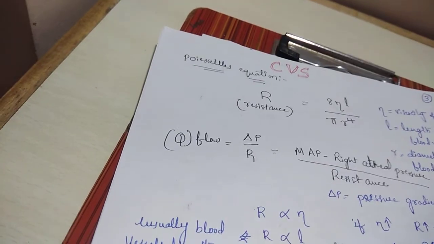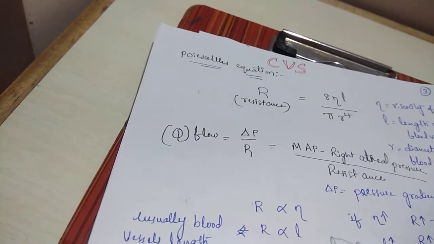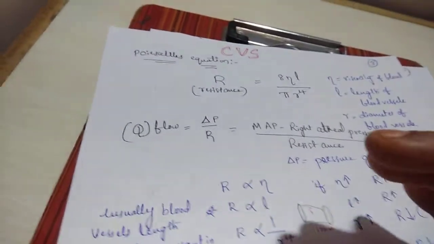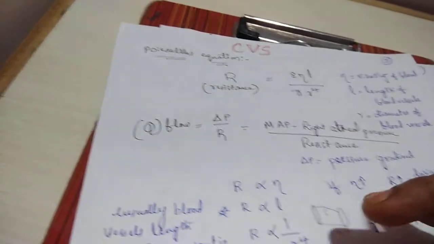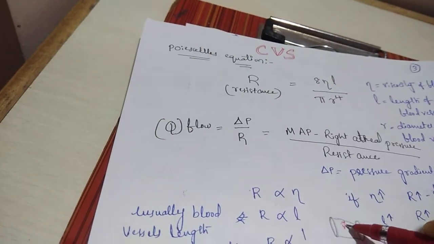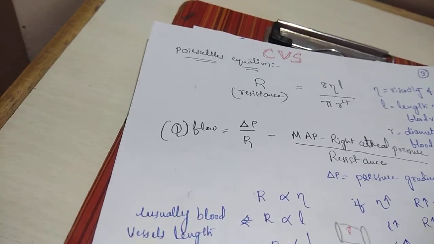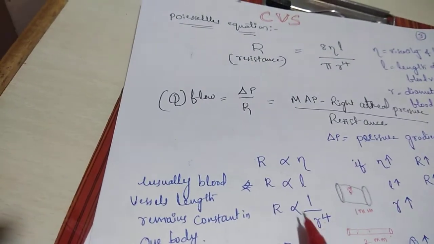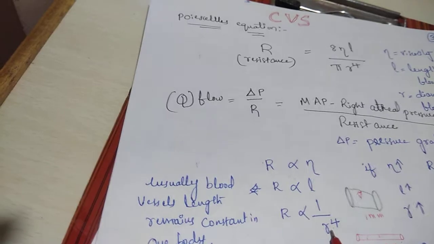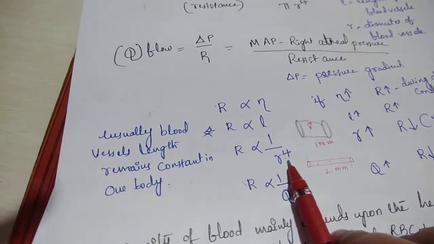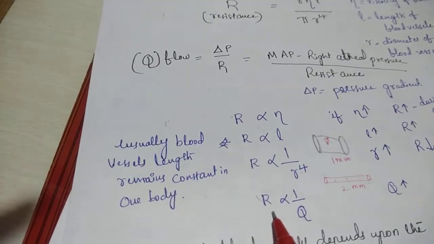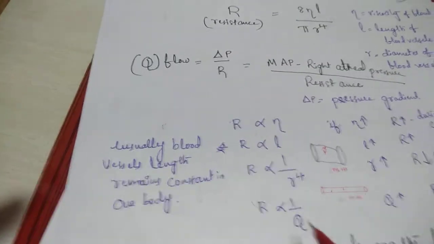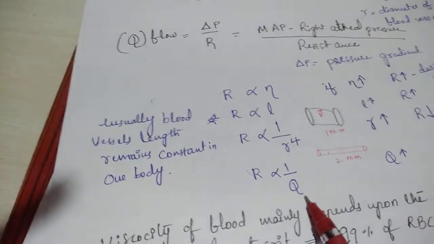When diameter increases, the blood vessel becomes wider. If it becomes wider, then only the radius will be increased. The radius will be decreased when it becomes narrow. If the resistance is increased, it means the diameter or radius of that particular blood vessel is decreased. Resistance is inversely proportional to the flow. If resistance is increased, there is ultimately a decrease in the flow rate.